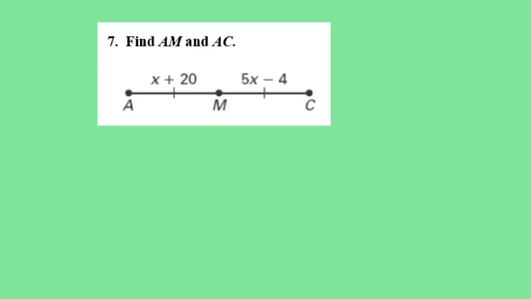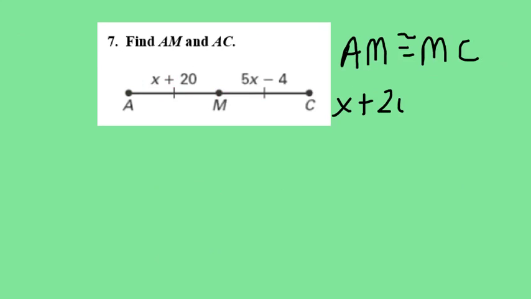It won't always be M, but we do know this piece here, that mark and this mark indicate those two segments are the same length. This distance and this distance is the same. So just because of that information, we know, again, that AM is the same as MC. I should put congruent too. So therefore, x plus 20 is equal to 5x